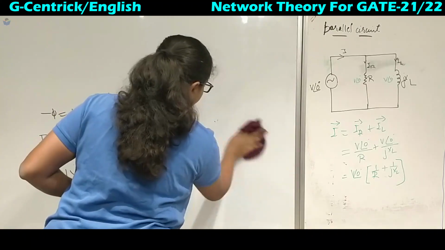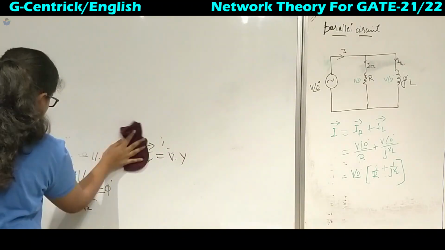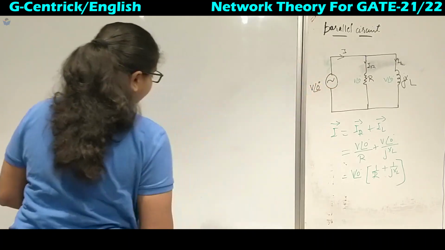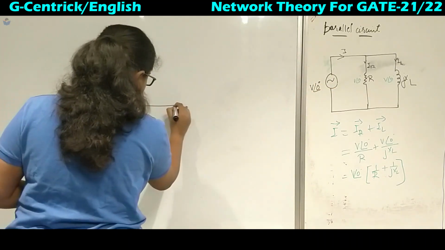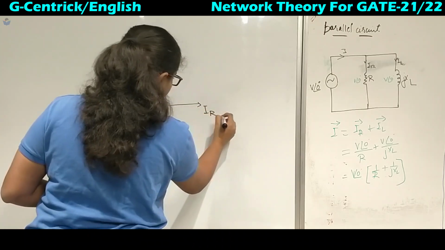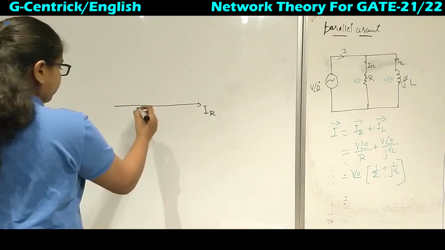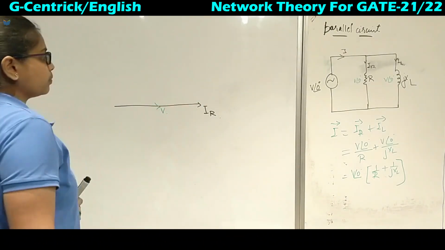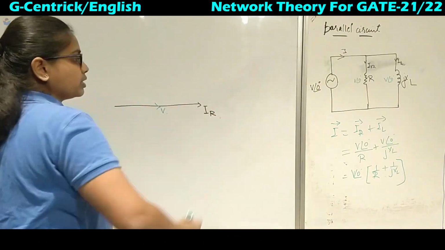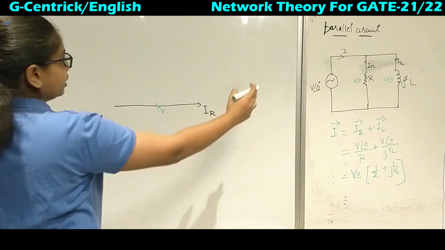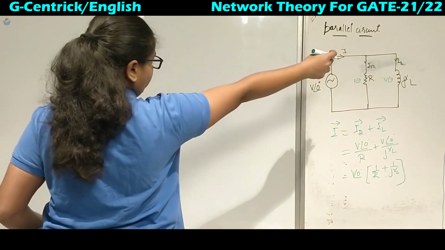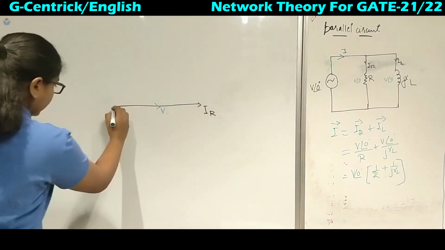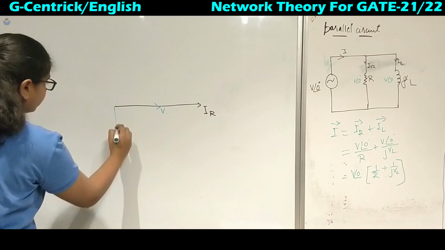So now if I take I as the reference, first IR as the reference, now I will draw IR. So this is IR. Now when it comes to R, we know that V and I are in phase, so this is about the VR. Voltage is same, so I will not write VR. Then we have got IL. I moves to the inductive circuit. What it is doing? It is lagging. So here it will lag by 90 degrees.